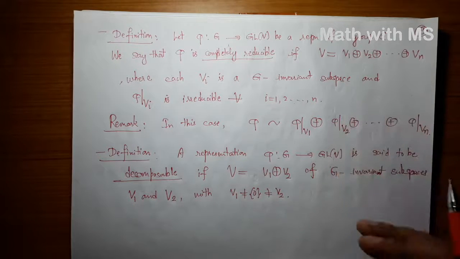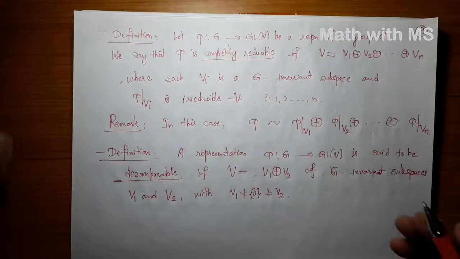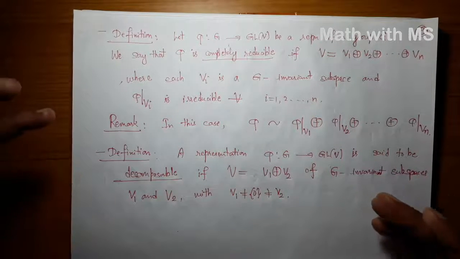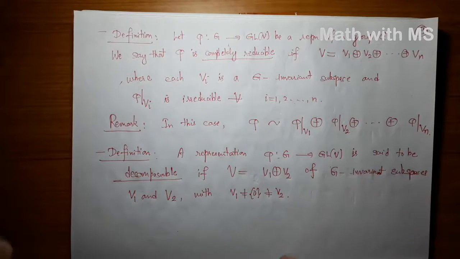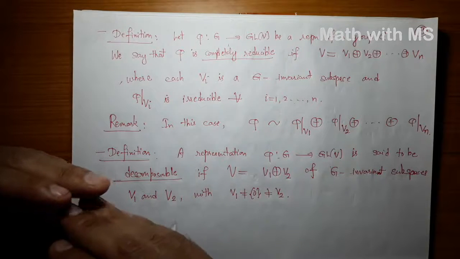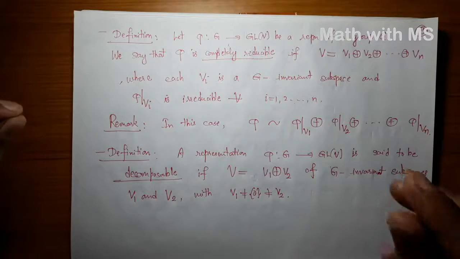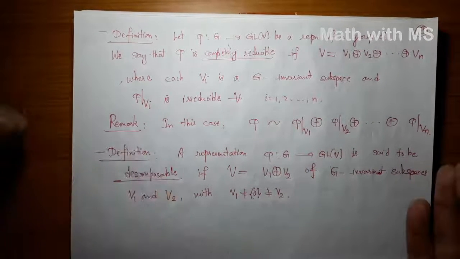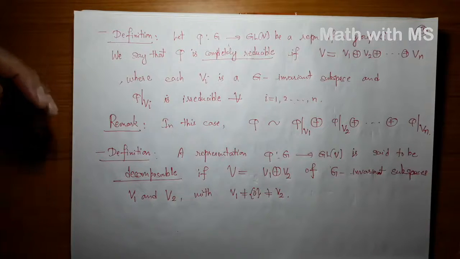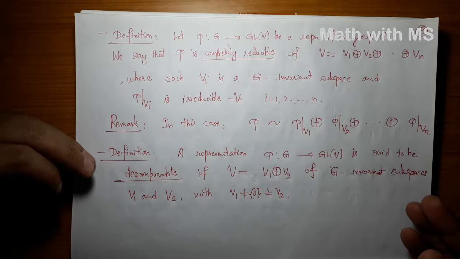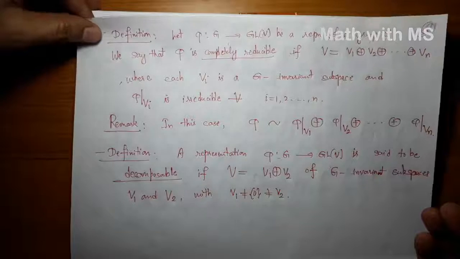It's not clear from the definition, but if somehow we can show that every representation is equivalent to a representation where it happens, then we are done. Then a theorem like that every representation is either irreducible or decomposable will give you the fact that every representation can be written as a direct sum of irreducible representations, which is something like the unique factorization of integers. So we shall resume in the next lecture and discuss these things in detail.